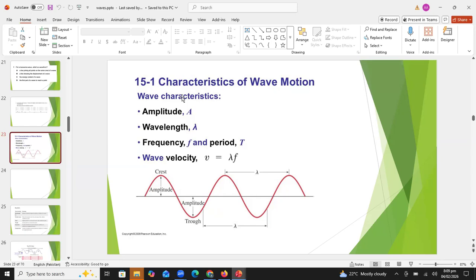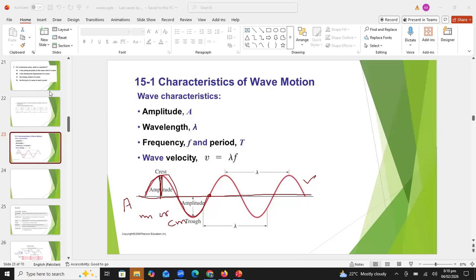Amplitude means the height of wave or energy in a wave. Well done Hafsa. So you can see beta, this is the wave. One positive cycle and one negative cycle will make one cycle of wave. This line is representing the reference line and the height of this wave is called amplitude. Amplitude is a height, so its unit can be meter or centimeter. We will use the symbol capital A to represent the amplitude.